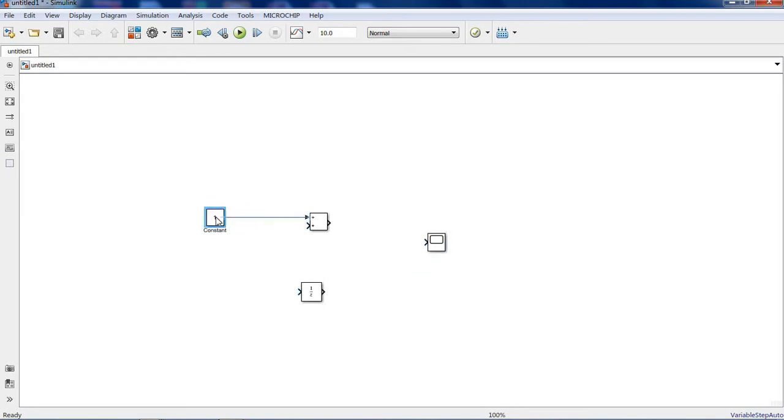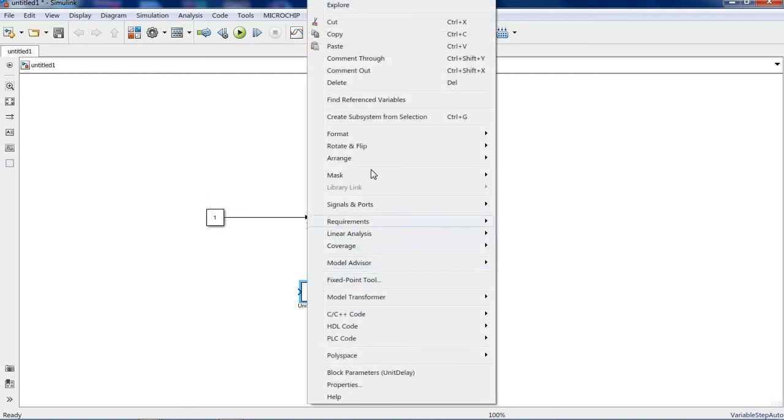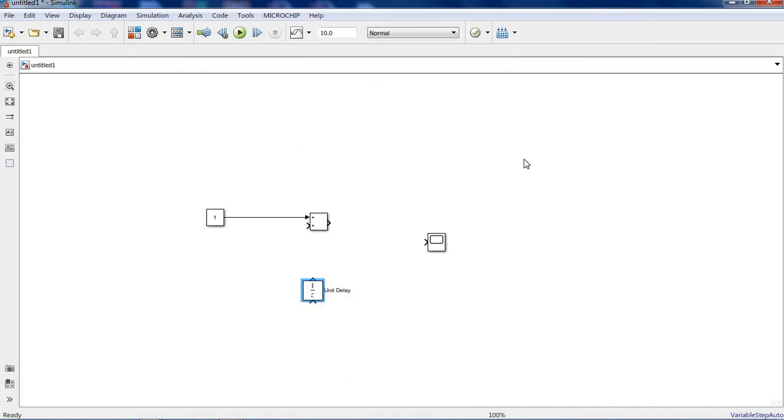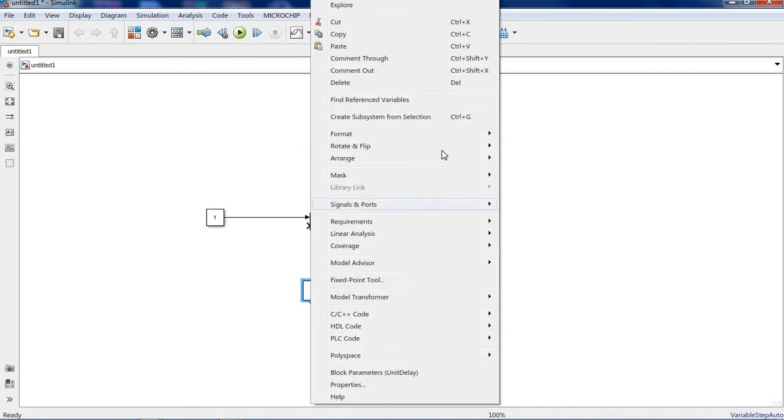Just wait, I'm designing the counter logic.